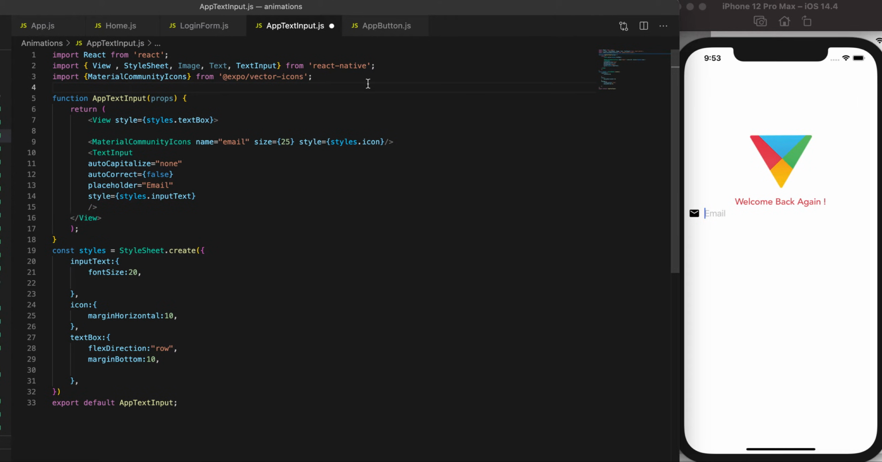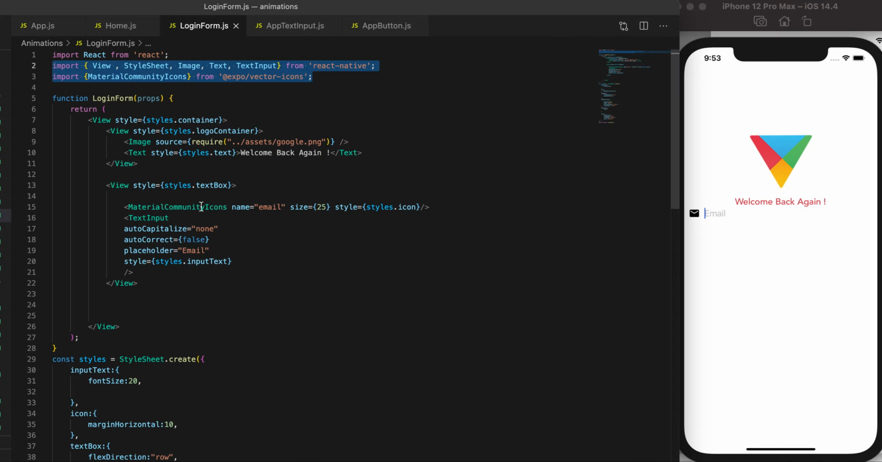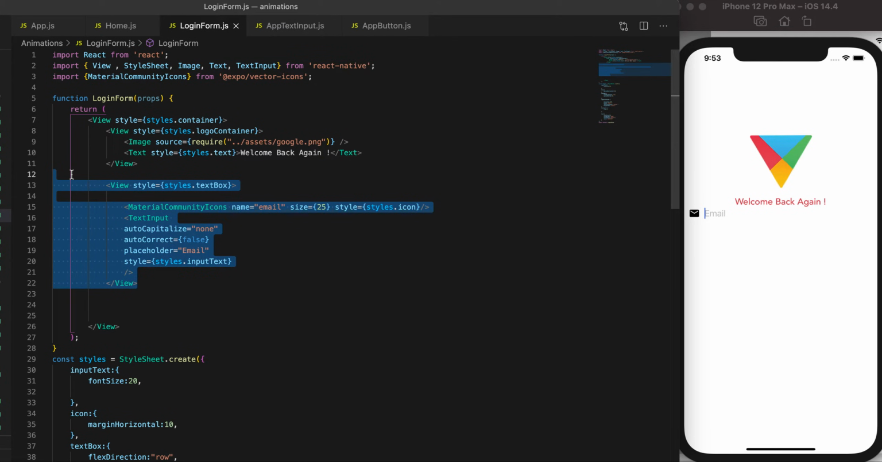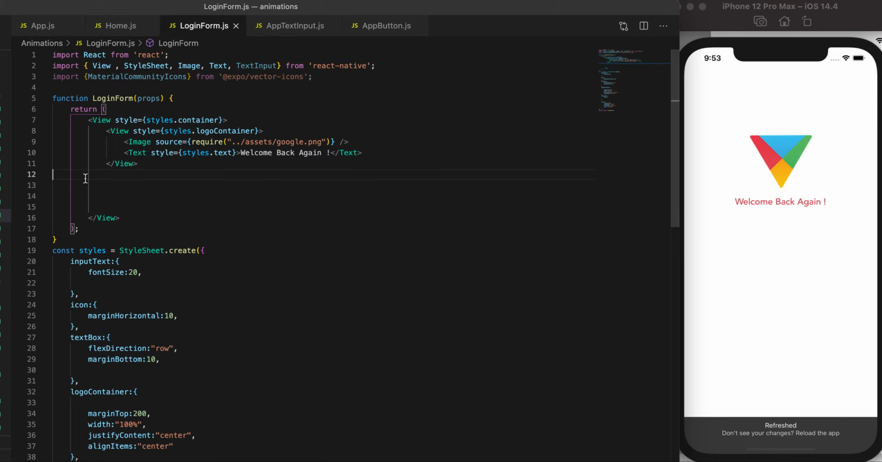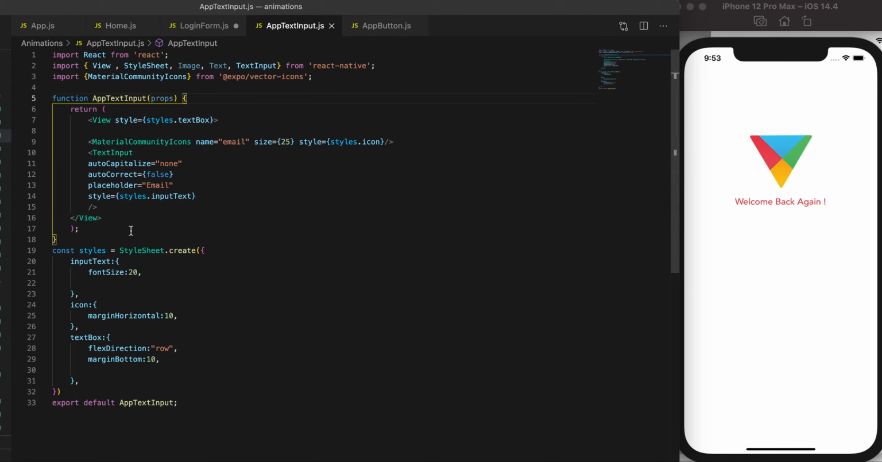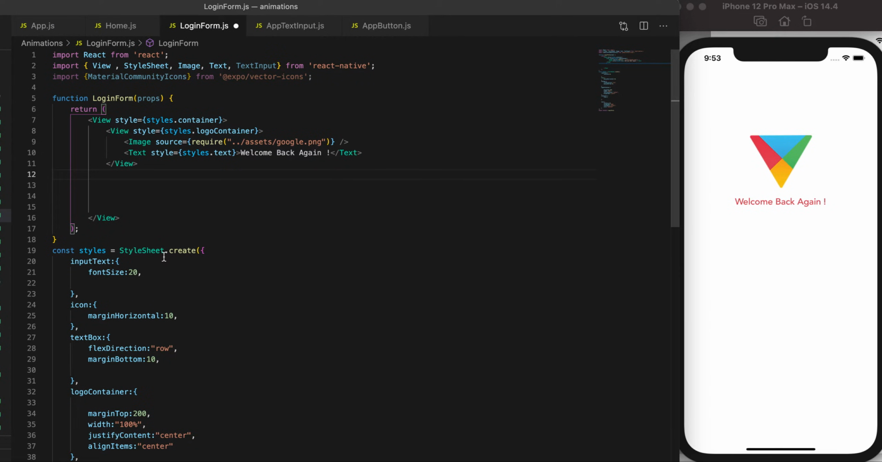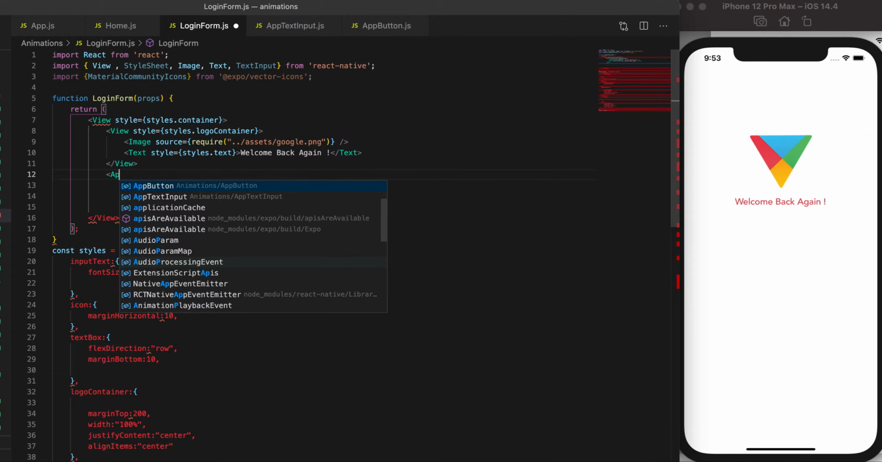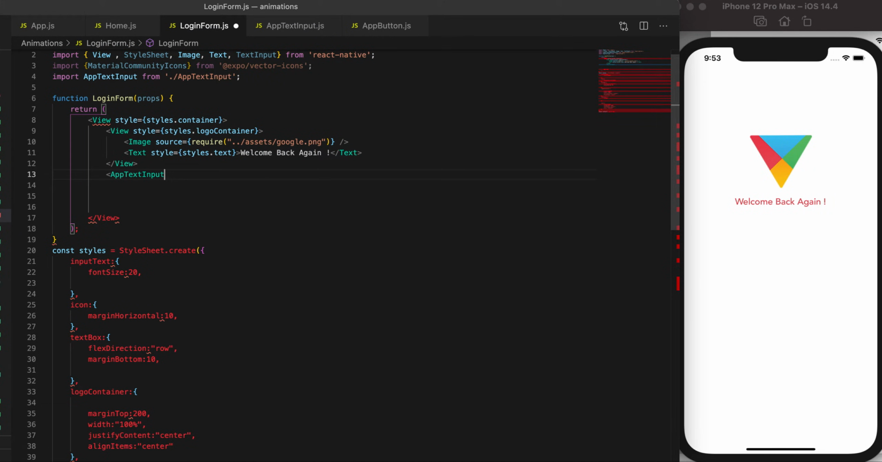Okay, we're good. Now let's save it, and of course we don't see any change because it is still here, so we can remove it and things are gone. And now we can call this component, which is app text input. So go ahead and do it. App text input, which I already have, and we'll create one component here. But now we want to create another component,